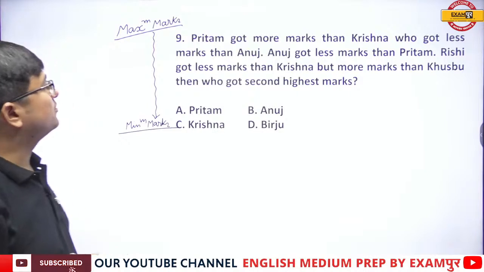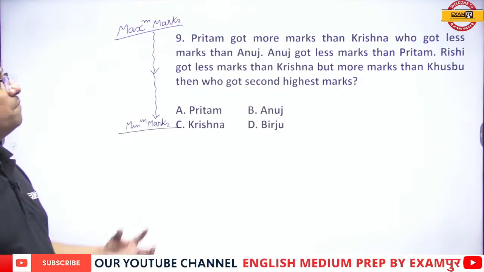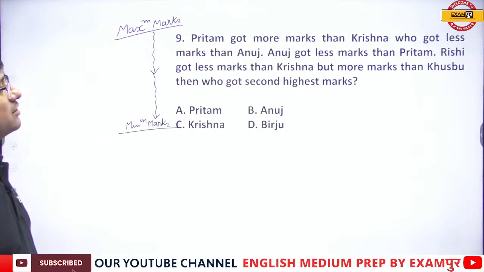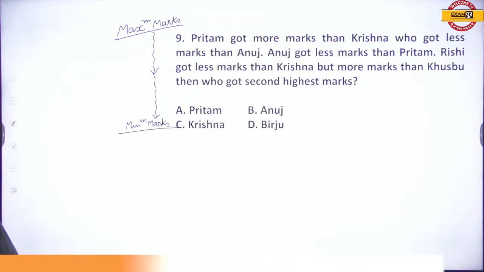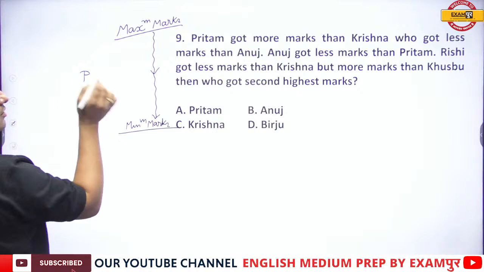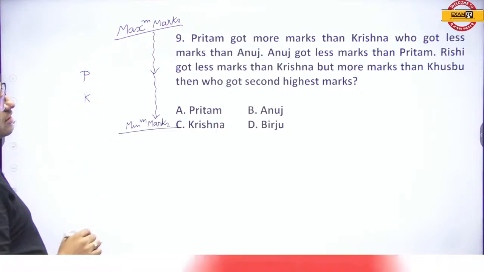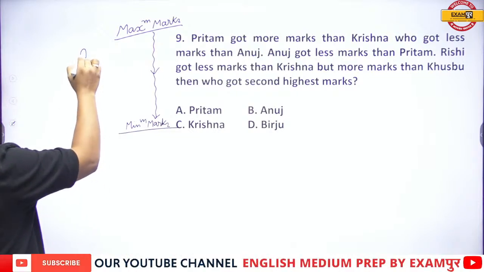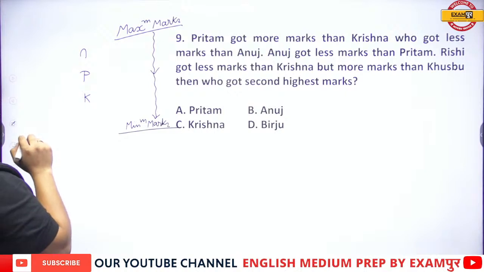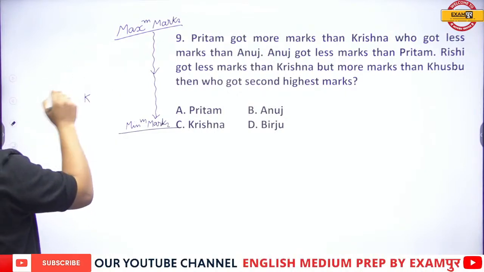Now see, my dear students, Preetham got more marks than Krishna. Okay, so now let us do it like this. Preetham gets more marks than Krishna. Krishna, who gets less marks than Anuj. Okay, now see, this is the problem. See what it is telling you. It is telling you very specifically,